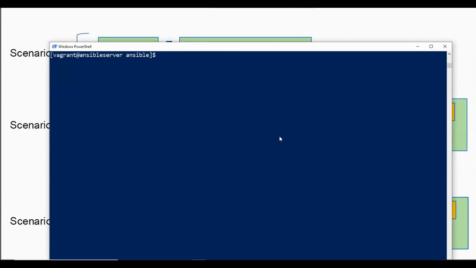We'll take a break here, and we'll join in our next session and look into a few more ad hoc commands, a few more modules that we can make use of, and later we will take it ahead with creating a playbook and running a playbook on the targeted machines.